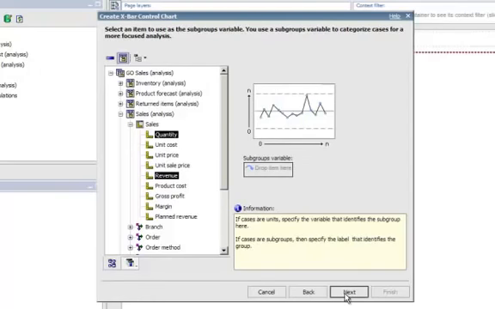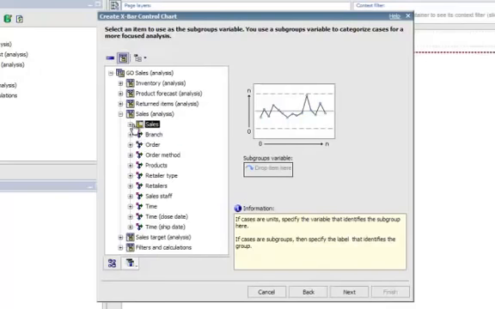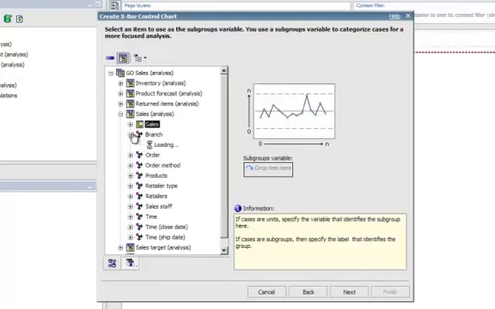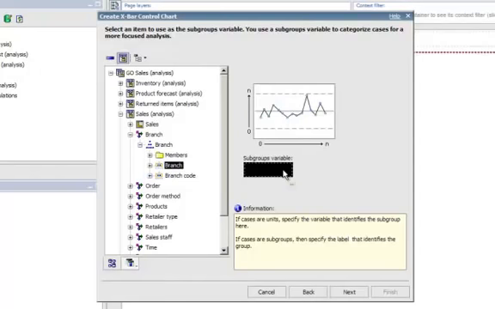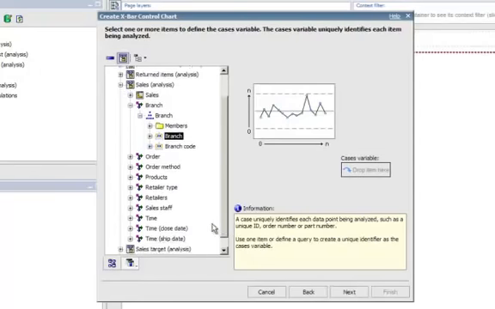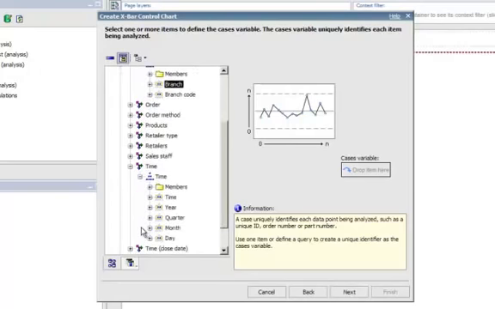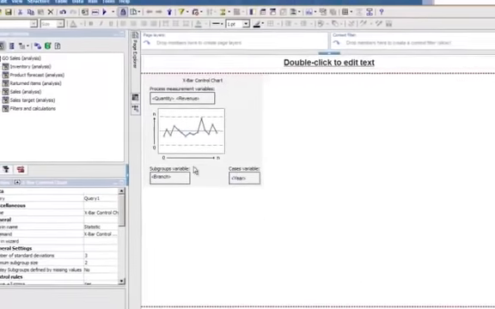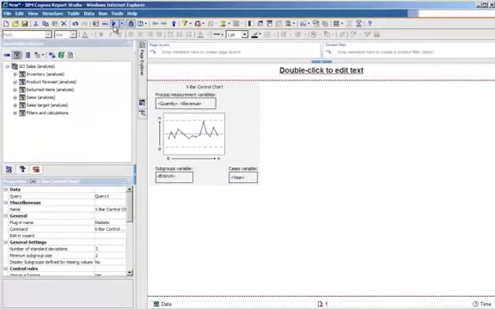Now it's asking me what should my subgroups be, so at this point I'm choosing what to check those against. I'm going to look at branch, and from within branch I'll choose my branch level, and again I'll say next. And then finally it wants to look at cases. So for cases I want to compare over time. So I'm going to choose year as my case variables, and then I'll choose finished. We've now built an X-bar chart, and if I run this chart,